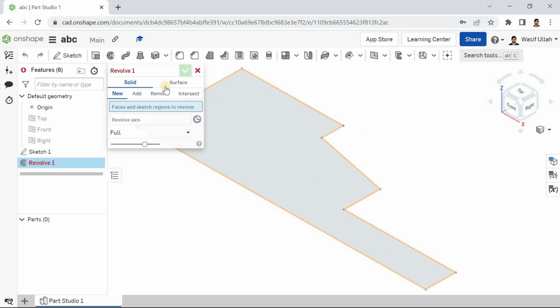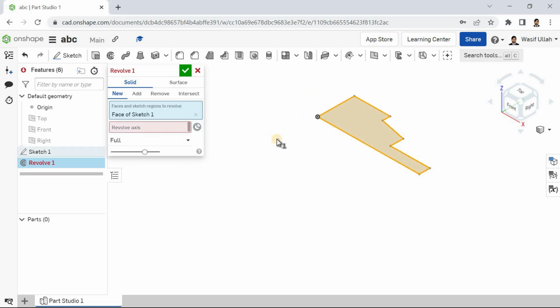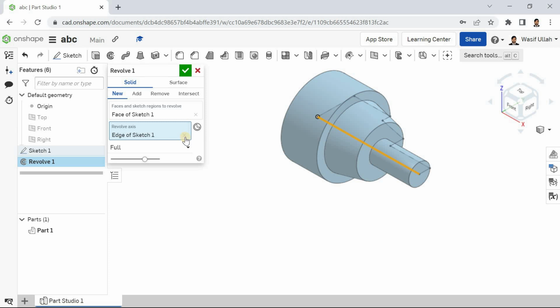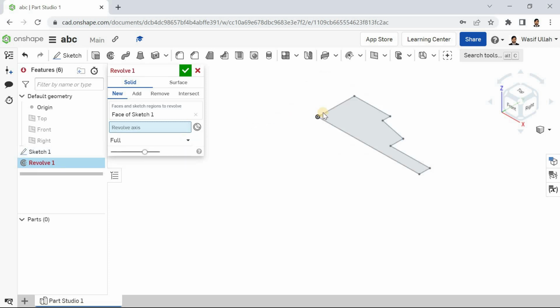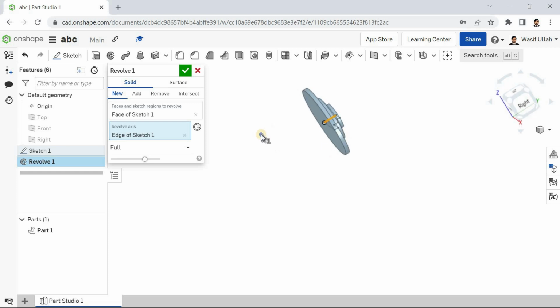Now I'll go for the revolve feature, and here the faces or sketches to be revolved is this one, and make sure you define the axis of revolution. Once you click here, if you define this as the axis of revolution, you will be getting this kind of result. But if I define this as my axis of revolution, you will be getting this kind of result. See,